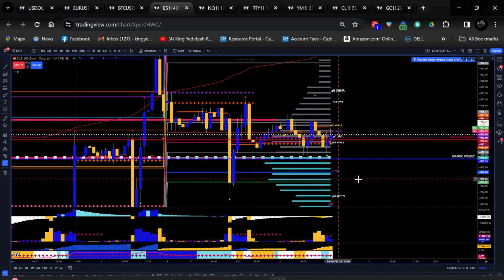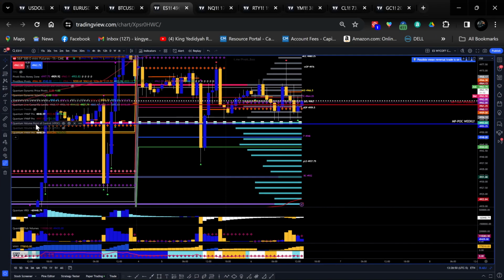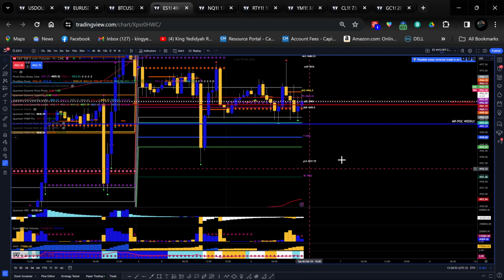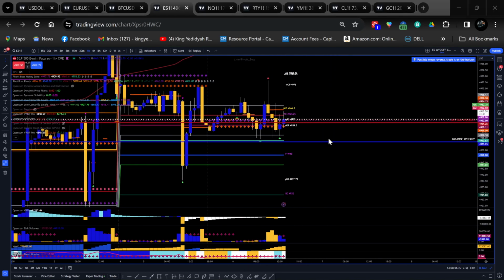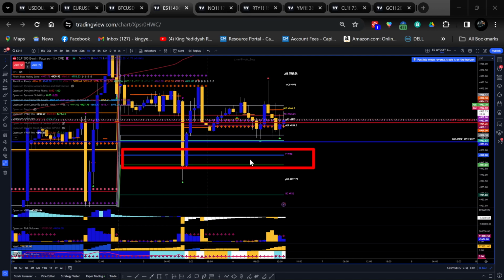Let me just show you here. Let me take off the volume point of control, and you can see this right here. Right, so that's 4948 is the central pivot, and 4944 is the Camarilla S3 on the weekly, right? So those are weekly levels, and you see we got that big buying coming in there. So anything coming around this level here is gonna get bought, in my opinion. You know what I mean? And that's the foolishness I did yesterday. I was trying to short this, like trying to fade this reversal, which is madness. You know what I mean?